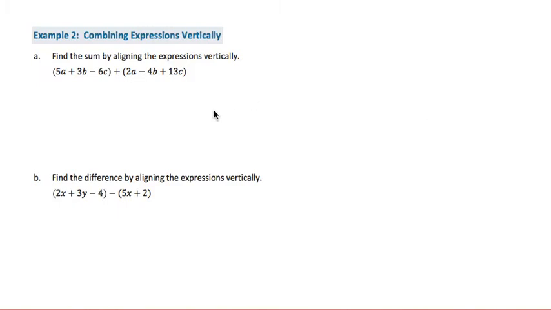In example 2, they're asking us to combine the expressions vertically, and all they're really asking us to do is line them up and down, instead of horizontally across. It's a visual thing. You might be able to see how they're combining a little bit better when they're aligned with each other. I still highly suggest that you rewrite all of the subtraction as addition. Which means we would have to change